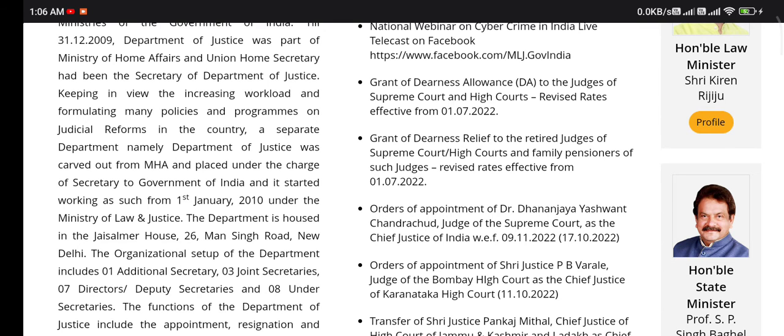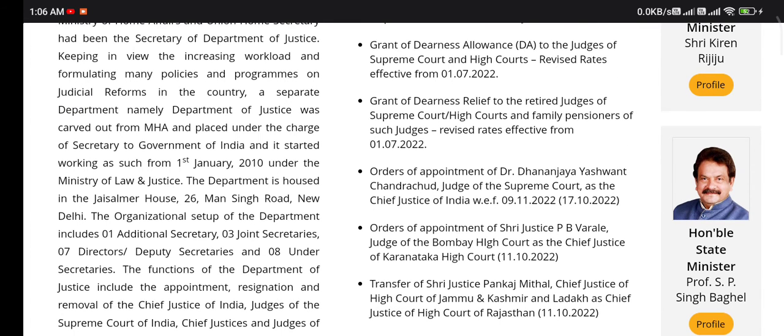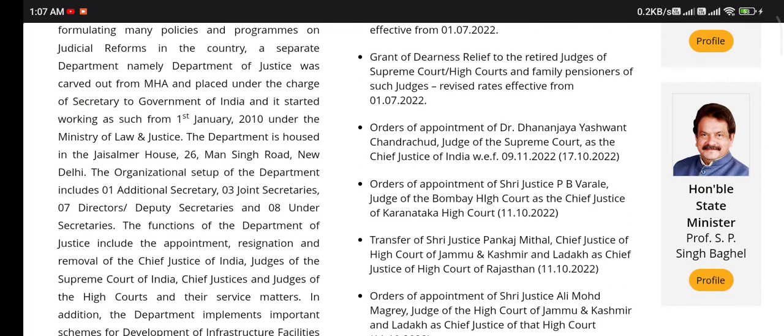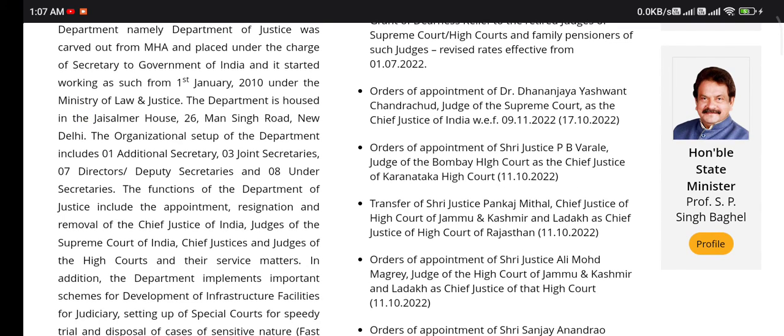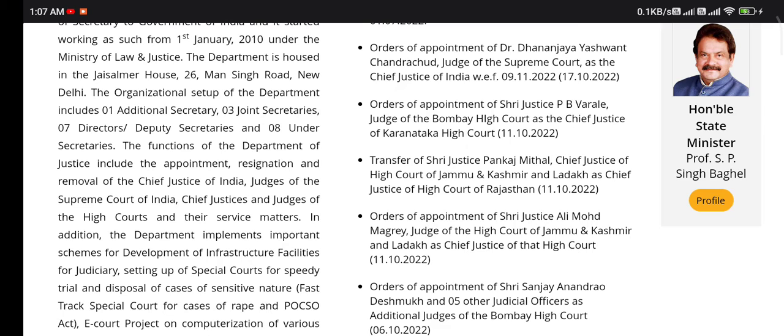The department is housed in Jaisalmer House, 26 Man Singh Road, New Delhi. The organization set up of the department includes one additional secretary, three joint secretaries, seven directors, deputy secretaries, and eight under secretaries. The functions of the Department of Justice include the appointment, resignation, and removal of the Chief Justice of India, judges of the Supreme Court of India, Chief Justices and judges of the High Courts, and their service matters. In addition, the department implements